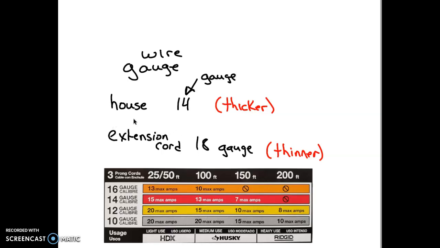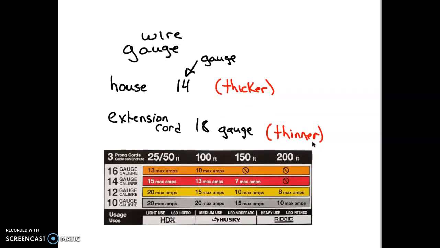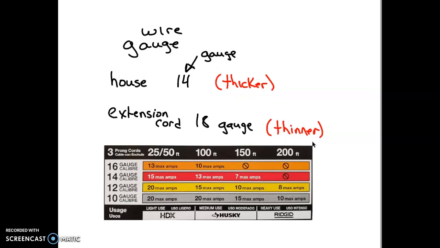In a house, the wires in the walls that carry power to outlets are usually 14 gauge. That's relatively thick. It has a larger cross-sectional area, which lowers the resistance. Compare that to an extension cord, which is usually thinner, at 18 gauge. It has a smaller diameter and more resistance because it doesn't need as much voltage to run appliances like a toaster. Then this little chart down here shows the length and gauges of some extension cords,